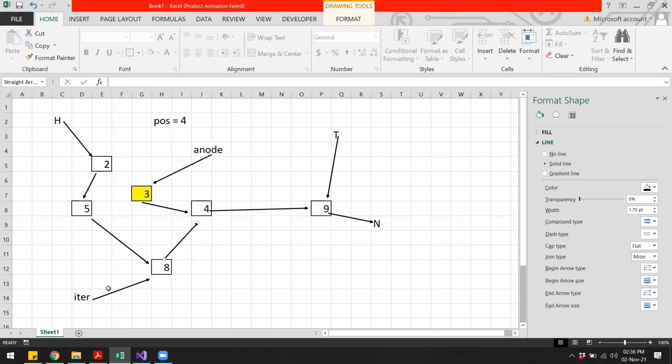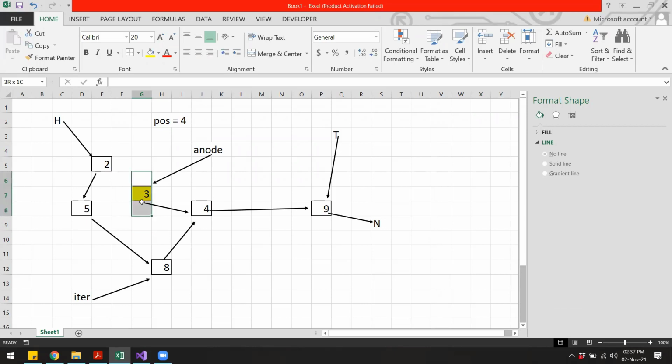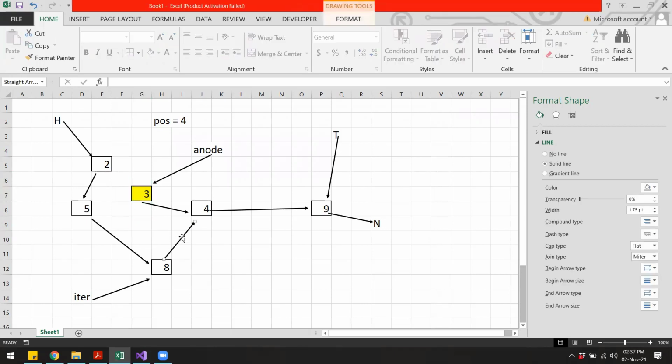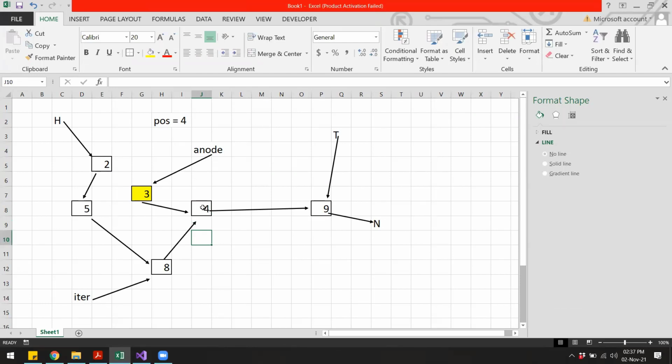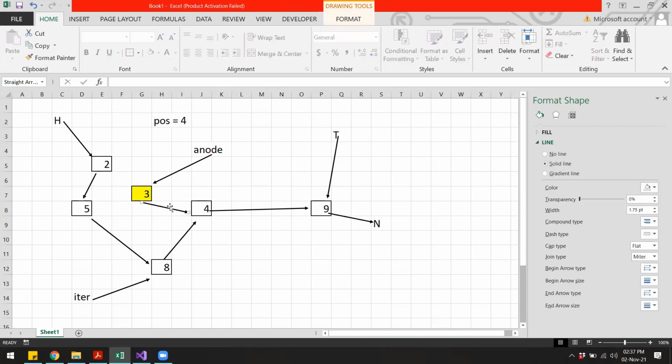This is the next of the iterator, and we want to make this point to this 4 because we will be deleting this node, right? And the list will be broken. So we have to make this next of the iterator point to the node with the value 4. And what is the name of this node with value 4? It is inode arrow next, right?